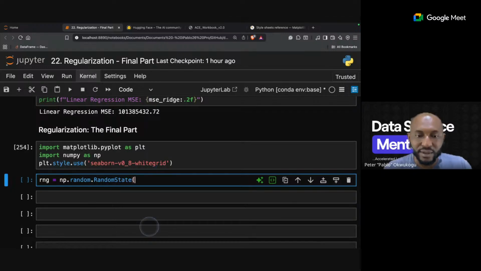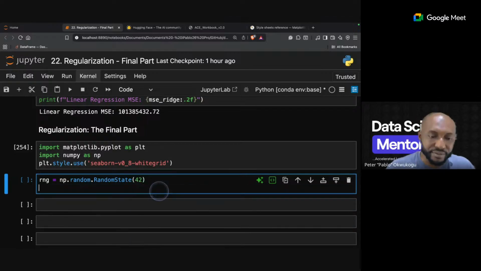We can use any number as a random state. I could use 42, which means at any point, if you want to replicate what I've done, just use 42 and you can get the same results, just to reproduce it in a way.